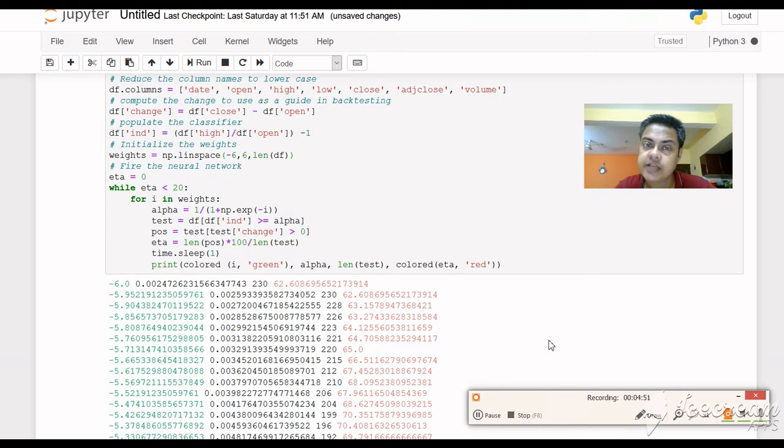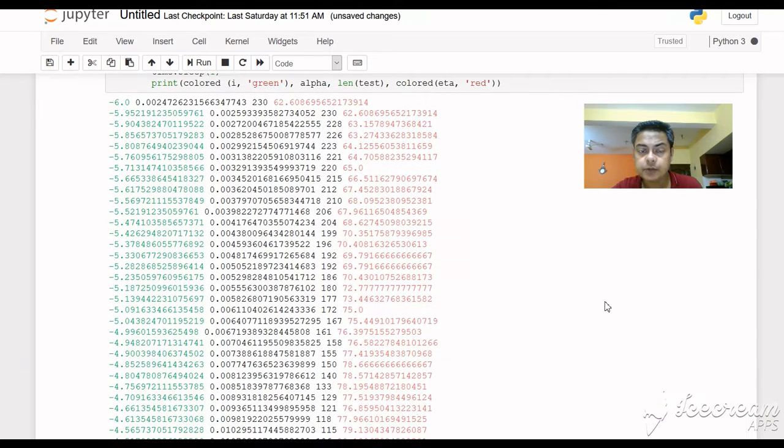That value is the accuracy value. This value of 62, 63, 64, 65, and if I scroll down, the value is basically the accuracy value. As the gradient descent is happening, as the error is getting reduced, obviously the accuracy is getting increased. So I repeat, as the error is getting reduced, the accuracy is getting increased.